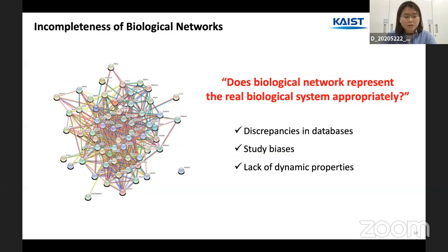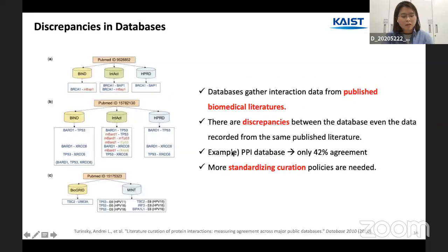Hence, I want to discuss the incompleteness of biological networks from three perspectives: discrepancies in databases, study biases, and lack of dynamic properties. First, the incompleteness of biological networks results from discrepancies in databases. In most cases, to construct a biological network, bioinformaticians use publicly available databases that gather the interaction data from